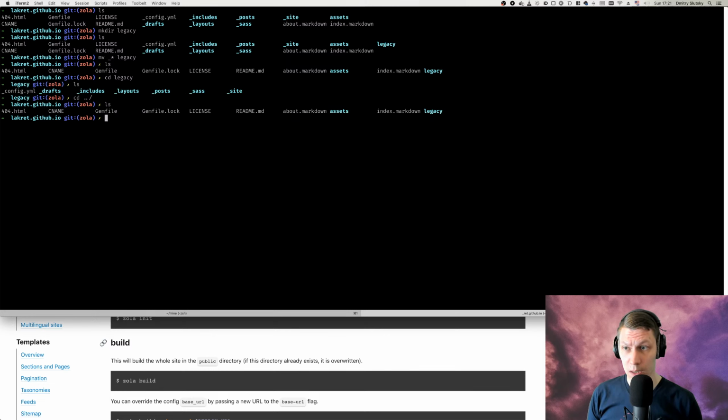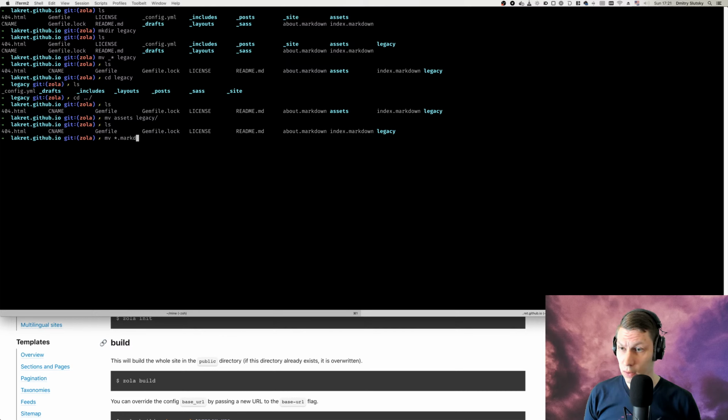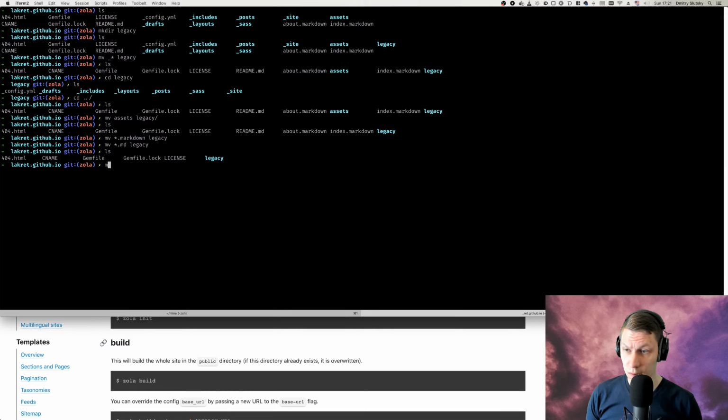Yep. Then I can move assets to legacy. And then I can move markdown files. I can move empty files. And finally,